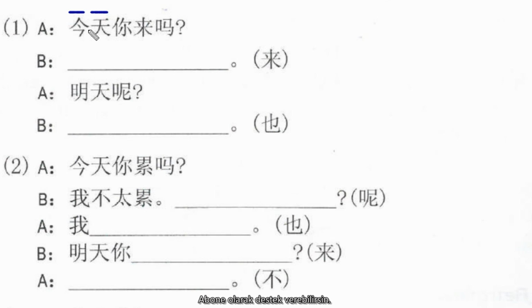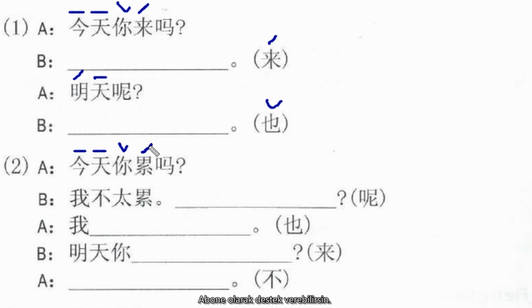今天 means today. 你 means you. Lai, lai, come. Ma doesn't have a tone. Here, lai also. 明天, 明天, it means tomorrow. Ne doesn't have a tone. Ye, ye, also, too. And here, 今天, 今天,